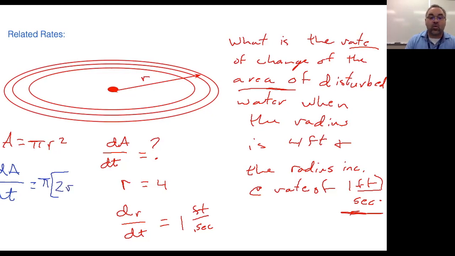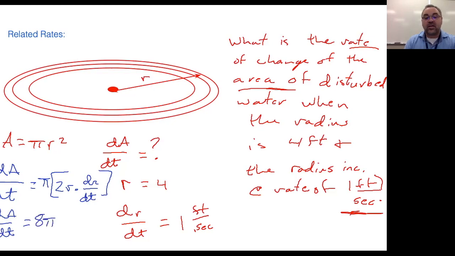But according to the chain rule, because r is a function of time, we must multiply by dr/dt. Now we can plug in everything that we know, and dA/dt is equal to 2 times r, which is 4, times 1, so that's 8